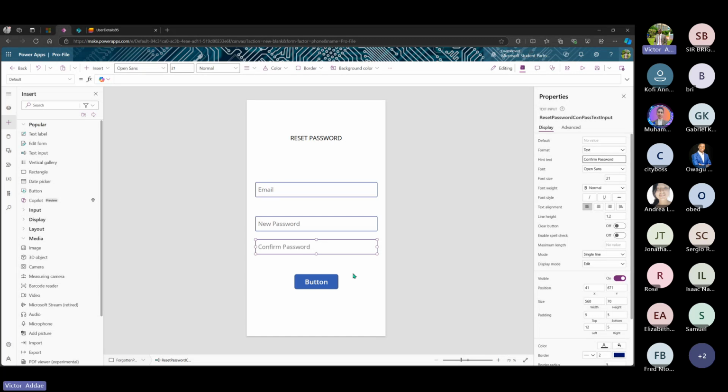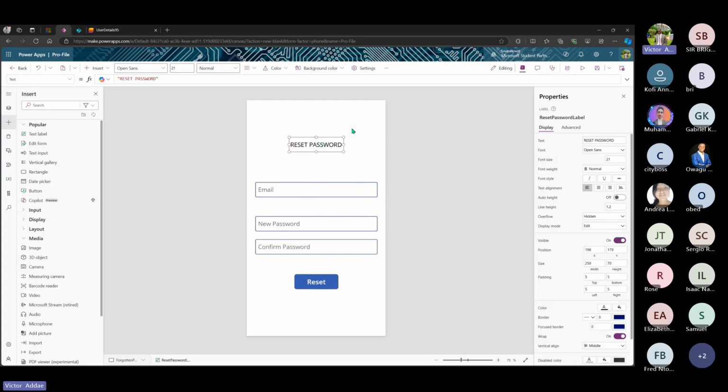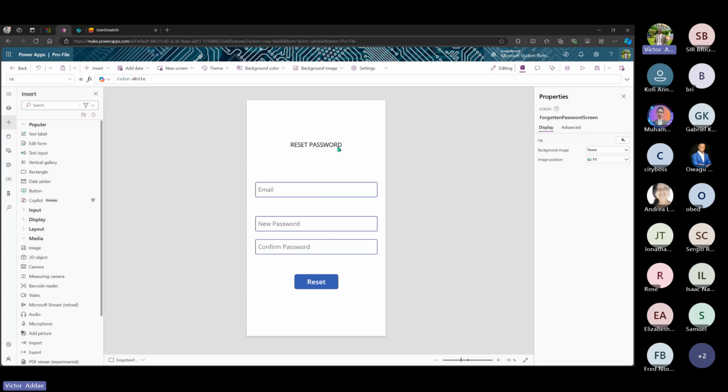Awesome. Now our button, we should change the name also to reset button or reset password button. The text should be reset. You can actually choose any name for that, whichever way that suits you. So this looks more like a reset password screen. If we want to go back, we should have a back button that should take us to